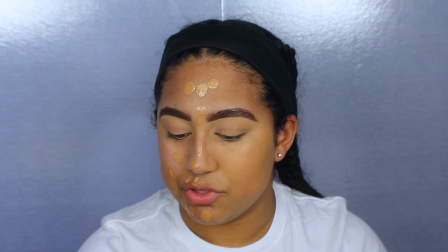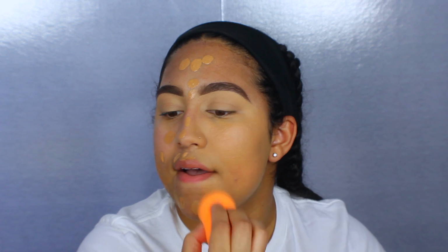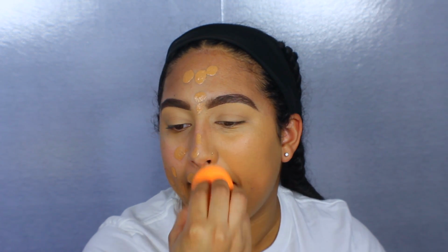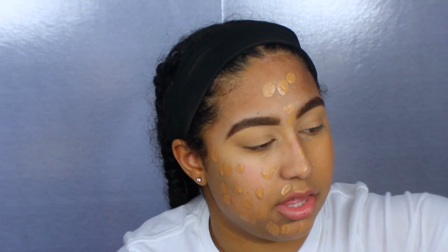I feel like it might absorb a little bit of the product, but nothing too crazy, because whenever you're working with a sponge, it tends to absorb some of the product, so I'm not mad at it. I think I'm going to do half my face with the sponge and then half my face with the foundation blurring